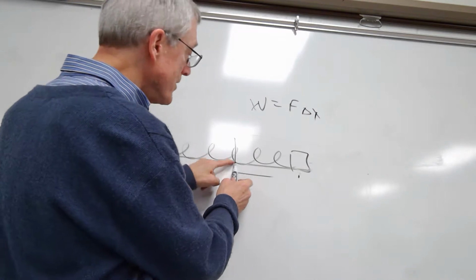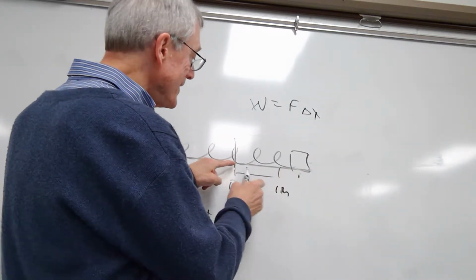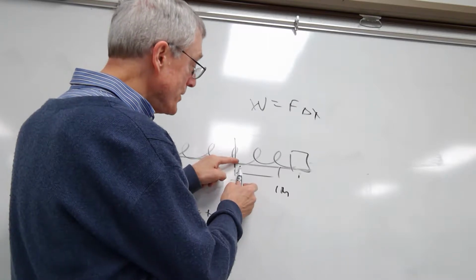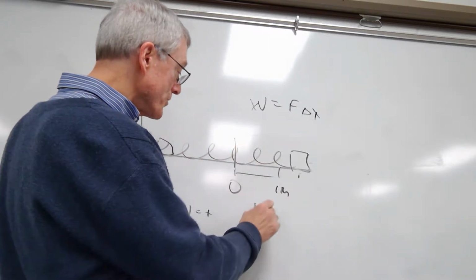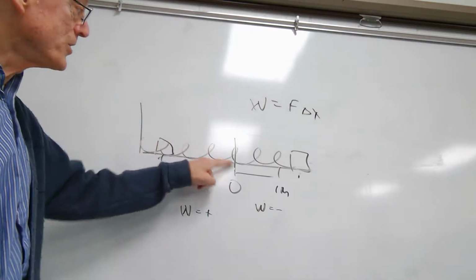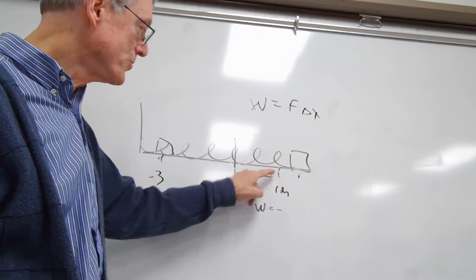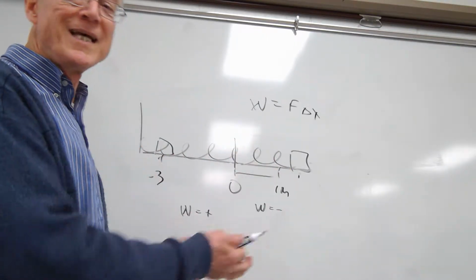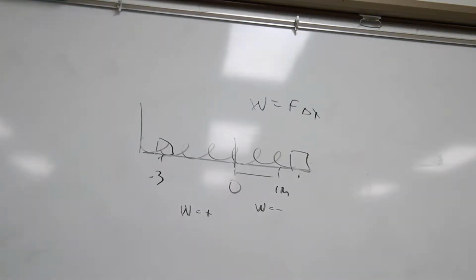Once it passes the equilibrium position and goes over here to 1 meter, it's doing negative work because the spring is pulling back to the left, but the block's still moving to the right. So here work is negative. So get the change in U, but here it's positive, then get this change in U, but here it's negative, and add them together. All right, when I did that, I got